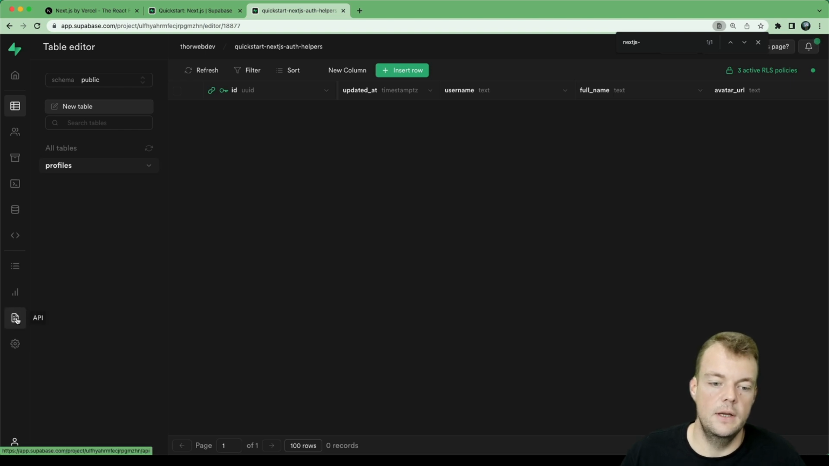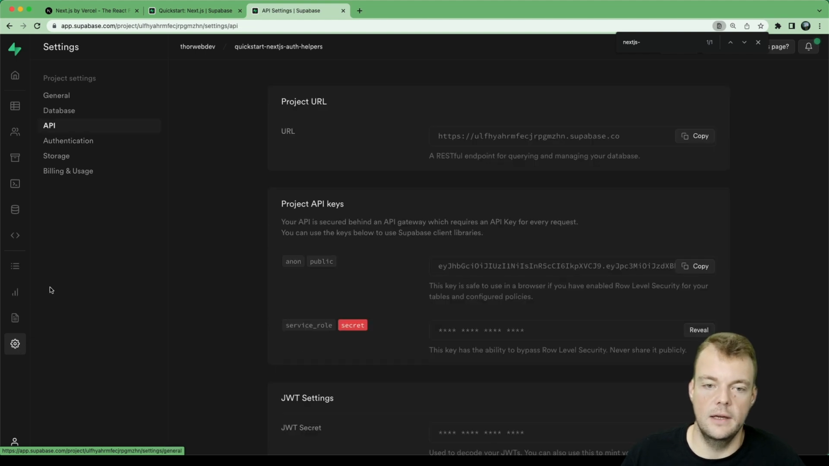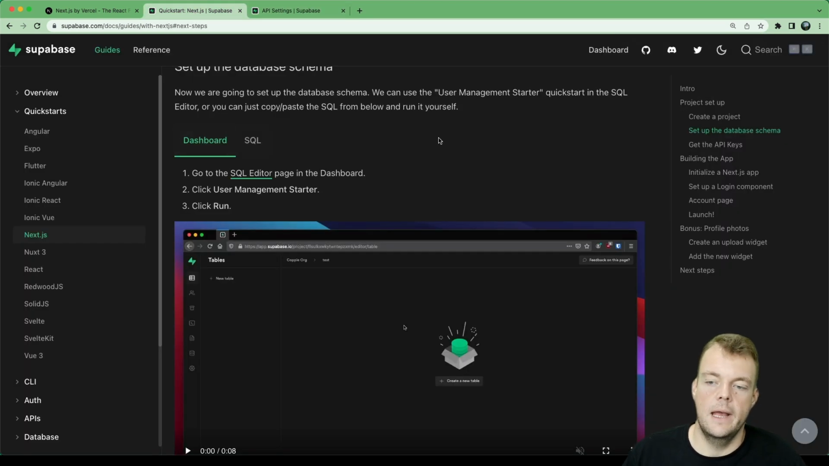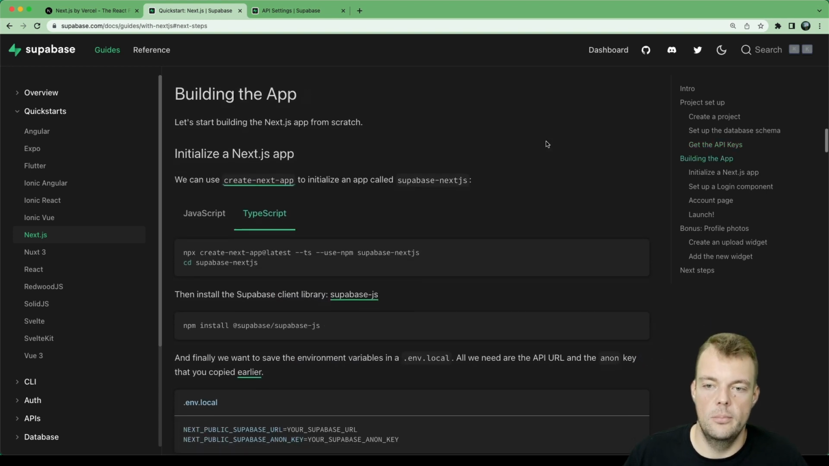The last thing we need is our API keys. So we can go to our settings and then API, and we can find our project URL and our project API keys. So Supabase automatically spins up an API for you, and that is what Next.js uses to then retrieve the data and interact with the database. Okay, so now our project is all set up, and we can go back and actually get to building our